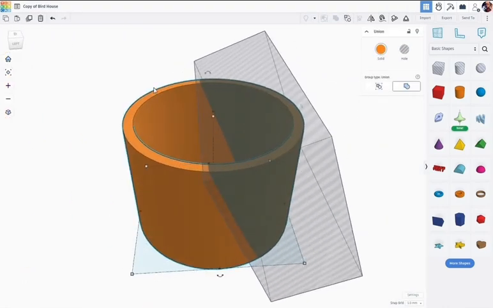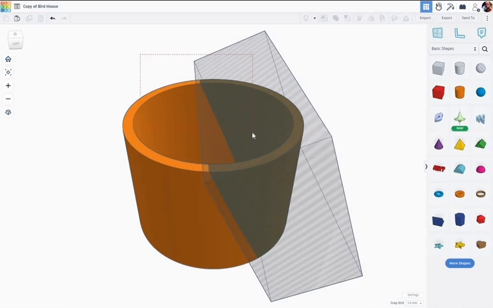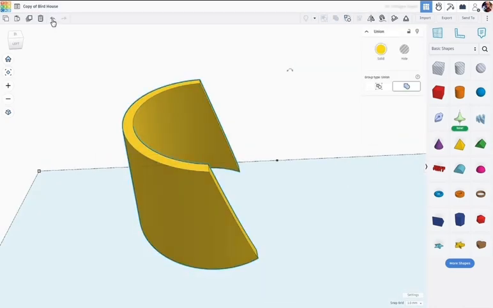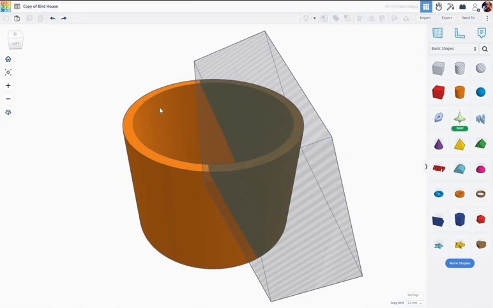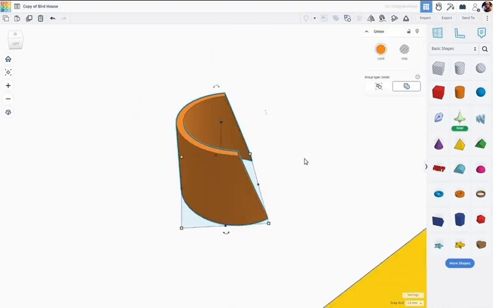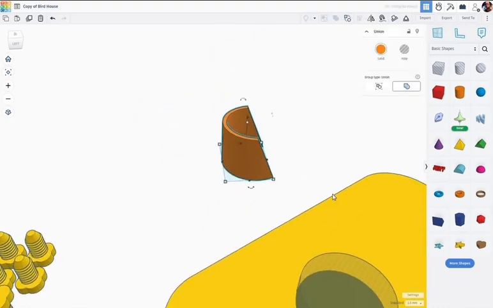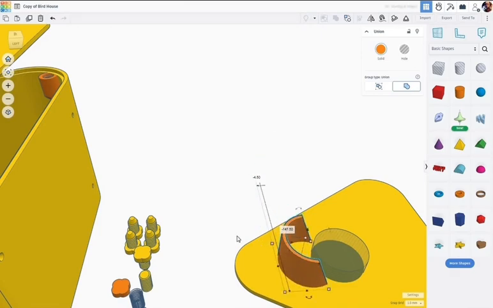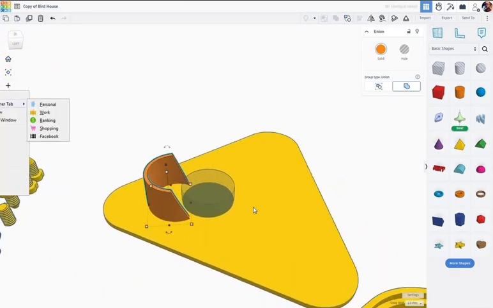That looks good. Let's go ahead and grab the two of those, union group them, Control G. Whoop, let's undo that. We got too much selected there. We'll select that. Shift select the whole box, Control G, union group. There we go. We can bring this up on here. Let's go ahead and drop that